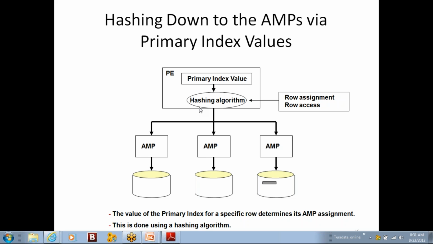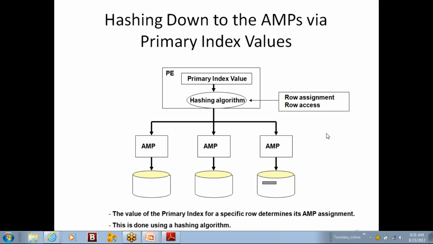The first property is that it gets the rows and generates a unique hash value for a unique index value. That means as far as the primary indexes are different, the hash algorithm can generate different hash values.